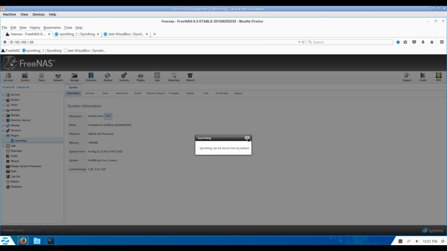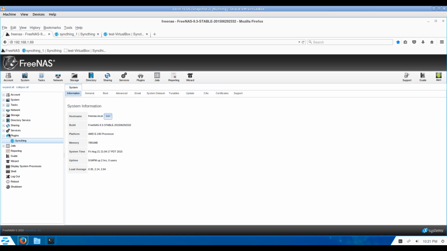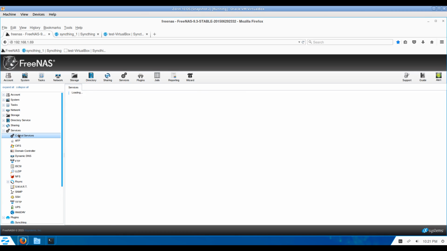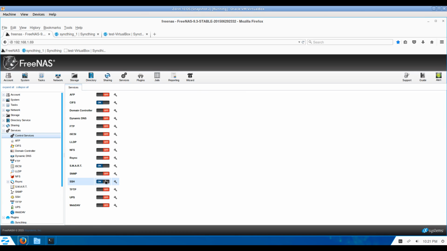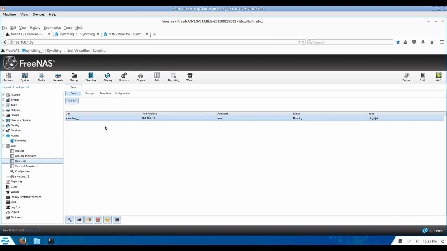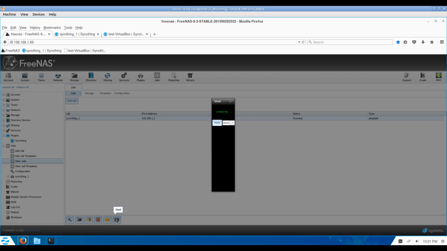Once everything is set up to your liking, you can go into Services and disable SSH. You can also open a terminal by going to Jails, View Jail, clicking on your SyncThing jail, and then clicking Shell. And this will actually bring you inside the